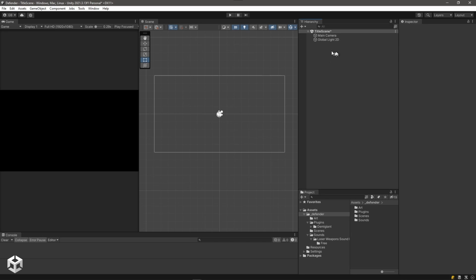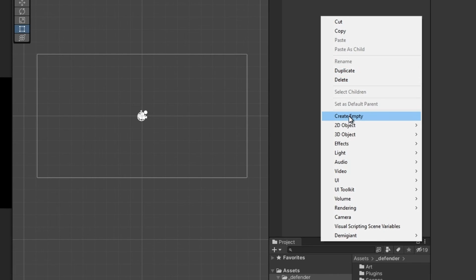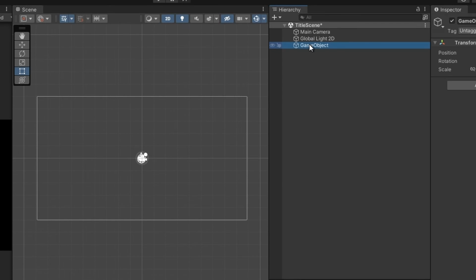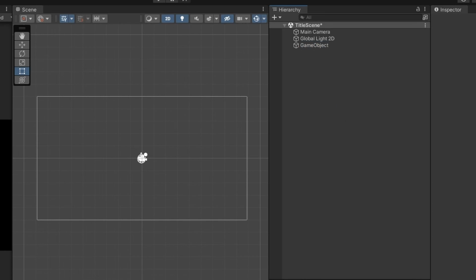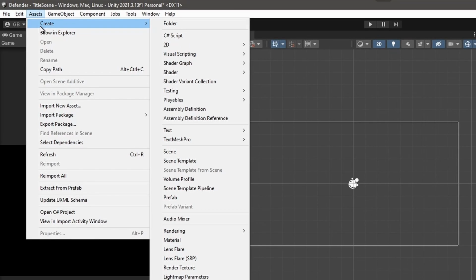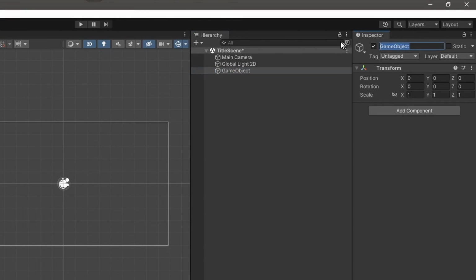And then we're going to create a new empty game object. One thing I want to do is create a new empty game object and put these as children of it. So I'm going to say create empty. The way I did that, I'll delete that so you can see. I right click, create empty. Another way to do that is up here, Assets, Create, and somewhere in that list there's probably Empty Game Object. But I'm just going to right click there, create empty game object, and I'm going to rename this